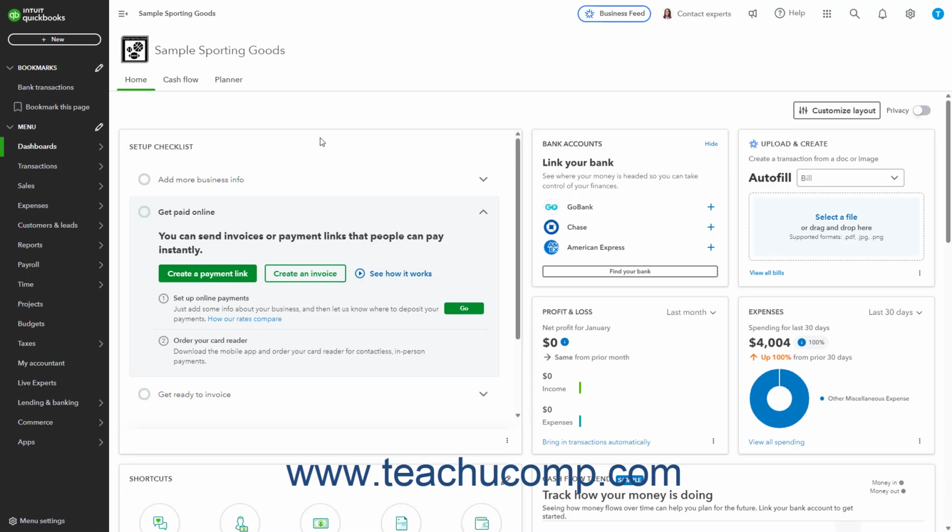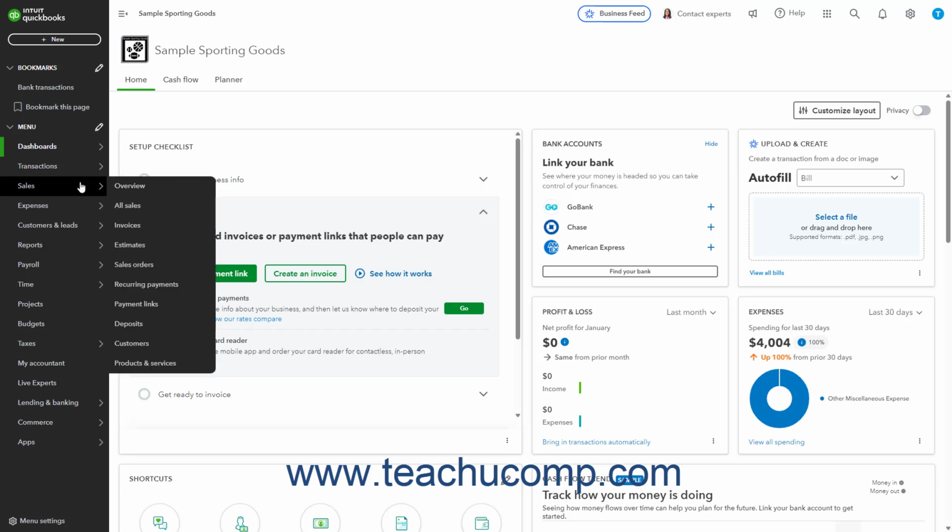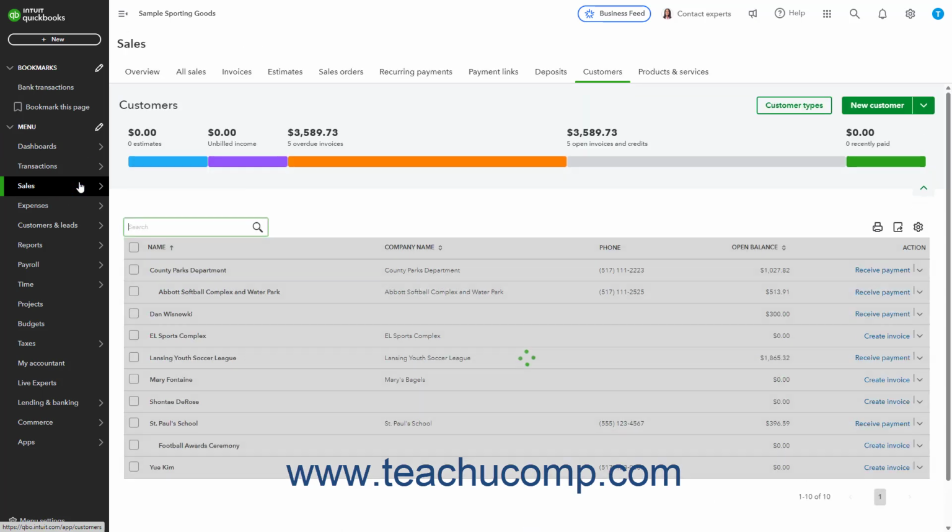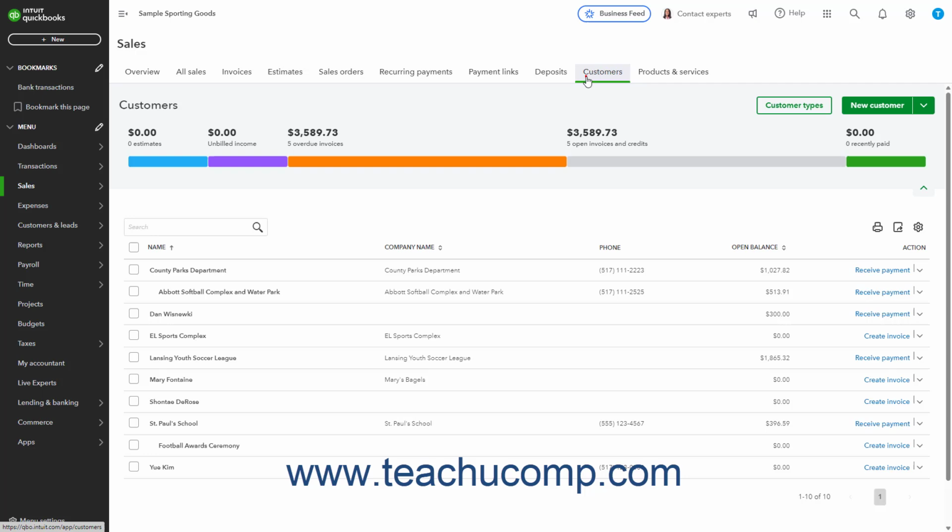Customer types in QuickBooks Online Plus let you classify customers for reporting purposes. Note that each customer can only be categorized to one customer type. To create customer types, click the Sales link or the Customers and Leads link in the navigation bar, and then click the Customers tab at the top of the page that opens to the right to open the Customers list